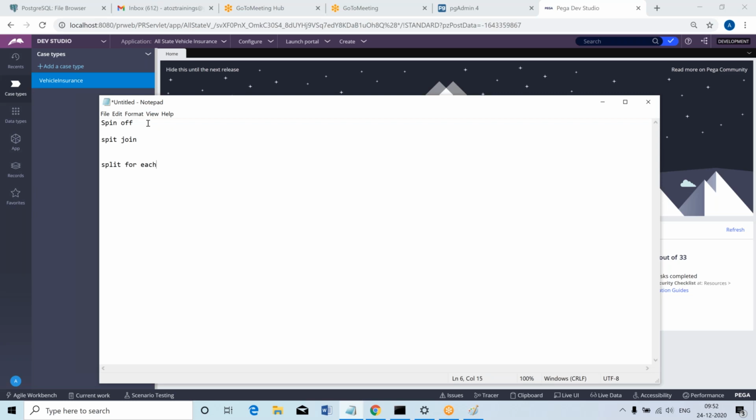Okay. Spin off. Before I go to spin off, I'm going to ask you one question. Just respond. Look at here. You're calling an activity from another activity by using an instruction called queue. From activity 2, you are calling activity 1 by using the instruction queue. Now, what kind of processing will be between activity 1 and 2?